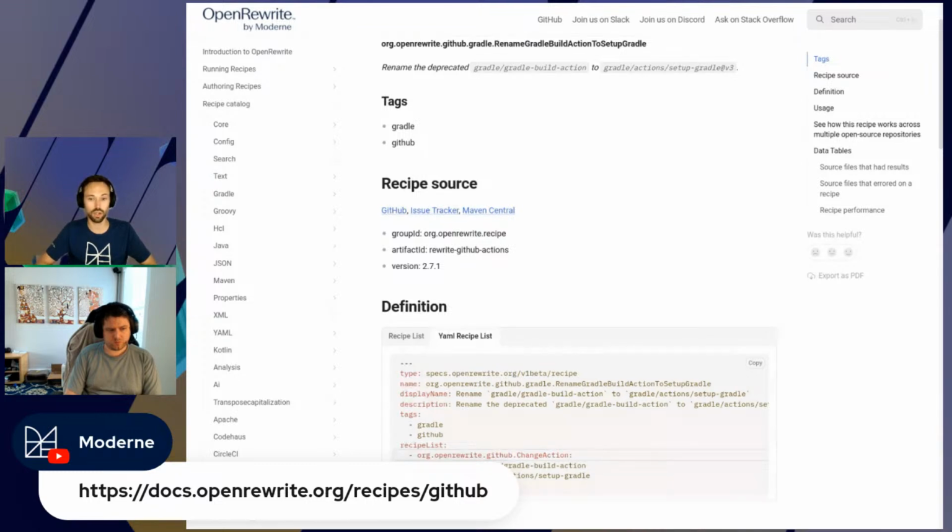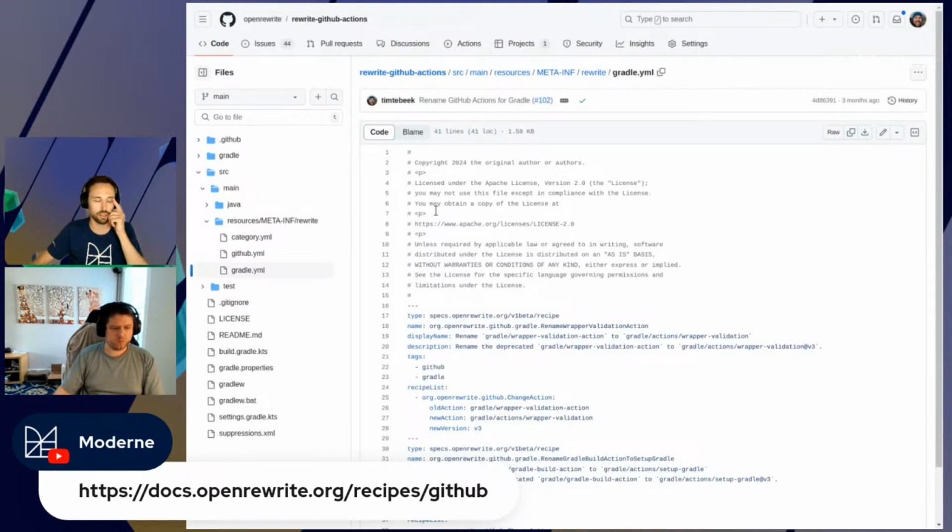You wouldn't have to dive into merge YAML, because this change action in turn will again use underlying building blocks, but just give you a higher level granularity of renaming GitHub actions specifically in this case. And I think with the recipe that you showed the previous one,